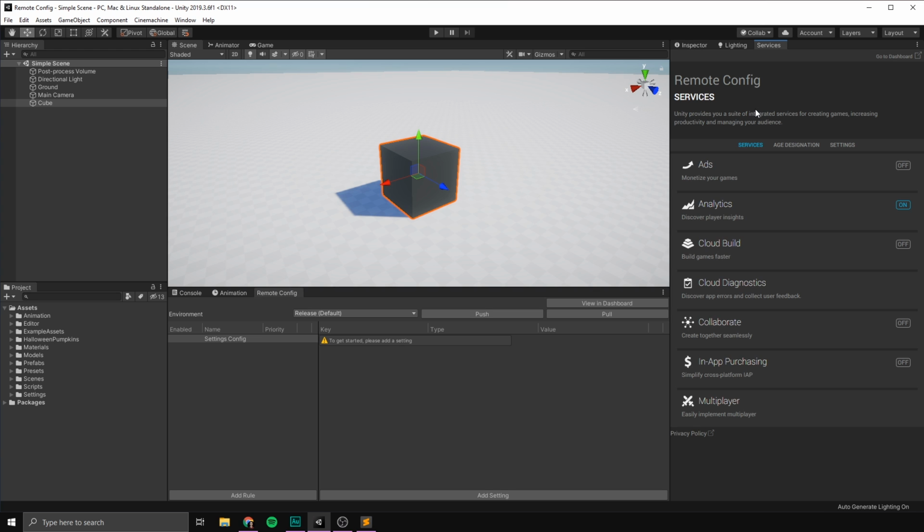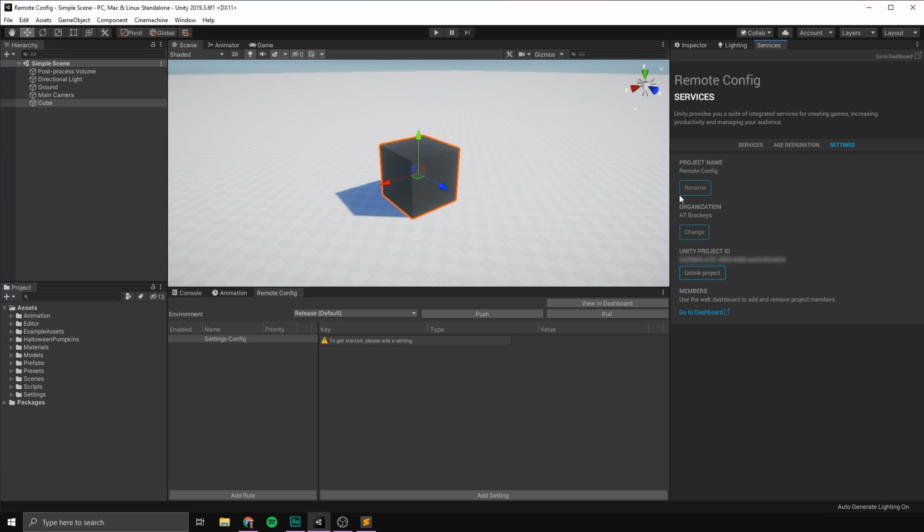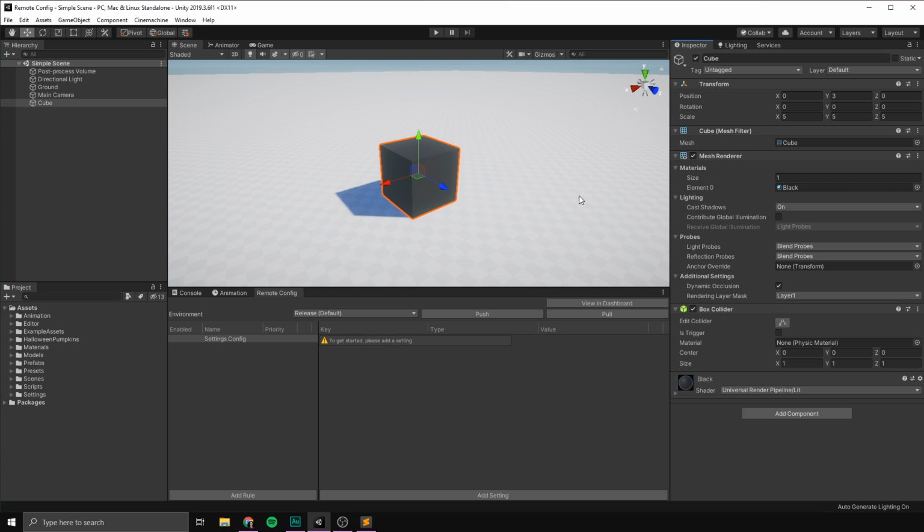And once you finish doing this, you should get to this screen right here. This allows us to use all kinds of Unity services like ads and analytics. And it also allows us to start using remote config. If you want to make changes, you can always go to the Settings tab here, rename your project, change the organization, or even unlink the project entirely. And once this is done, our remote config window should be ready to use.